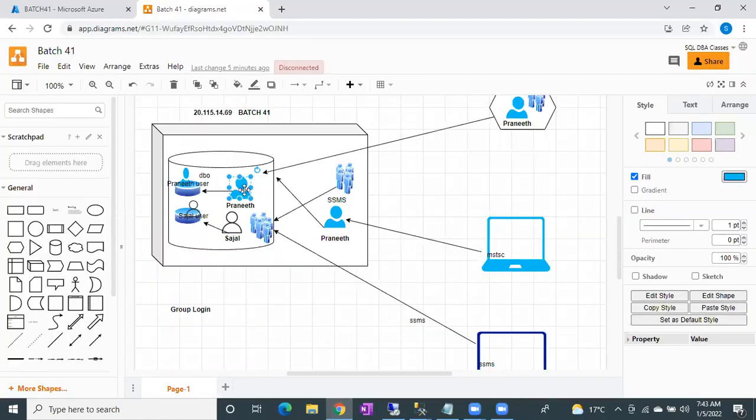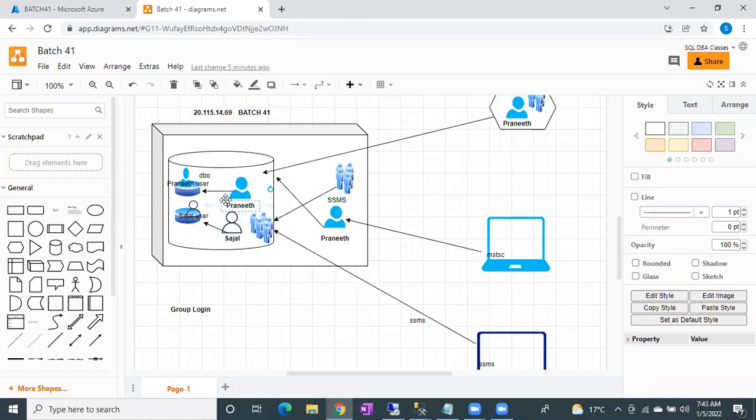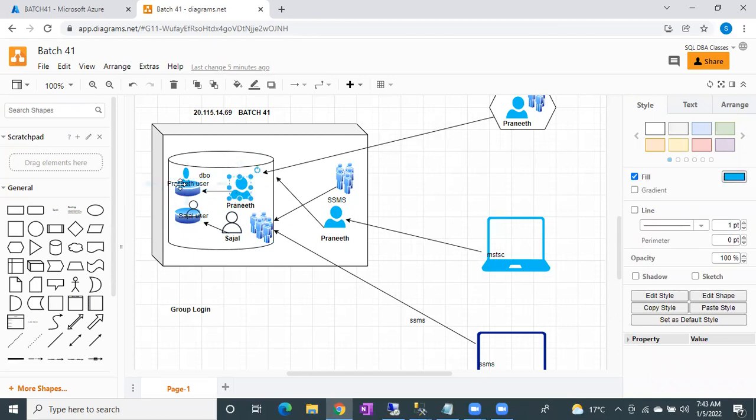Whenever you give access to any login on any database, with the name of that login, a user will be created in the database to help the login. On behalf of this login, the user is going to read the data and write the data. For sysadmins, DBO will be there to help the sysadmin logins. Agree? So now can I call this a parent? Based on this parent, this child is created, right?